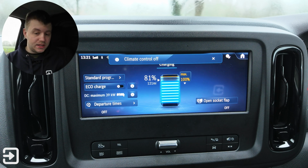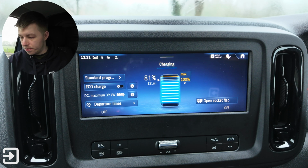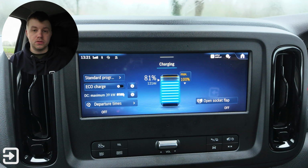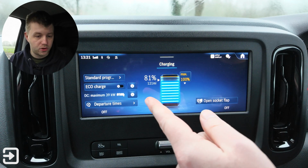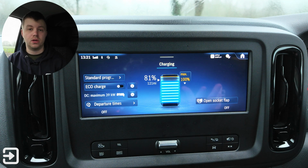At 81%, it is saying 121 miles. Typically in better weather, 81% would give you 142 miles. The eVito does have 160 miles of range, officially WLTP. So we have got a way of seeing what maximum speed the vehicle would do on a